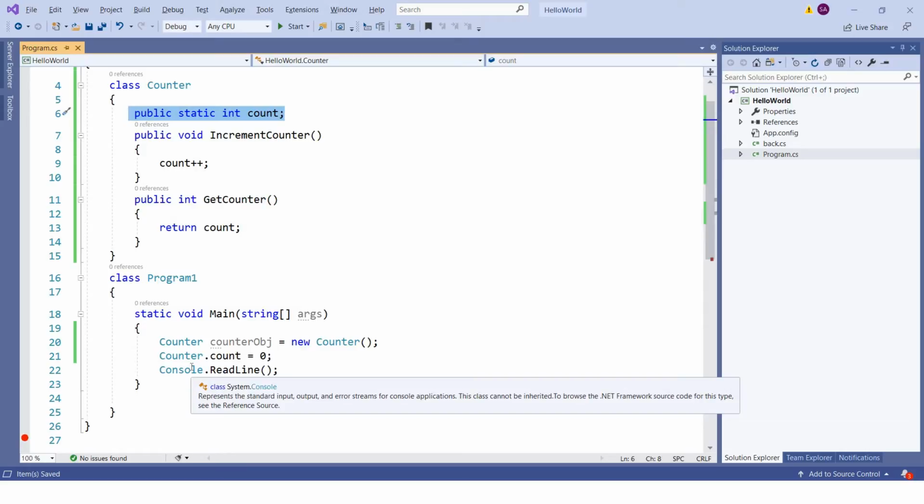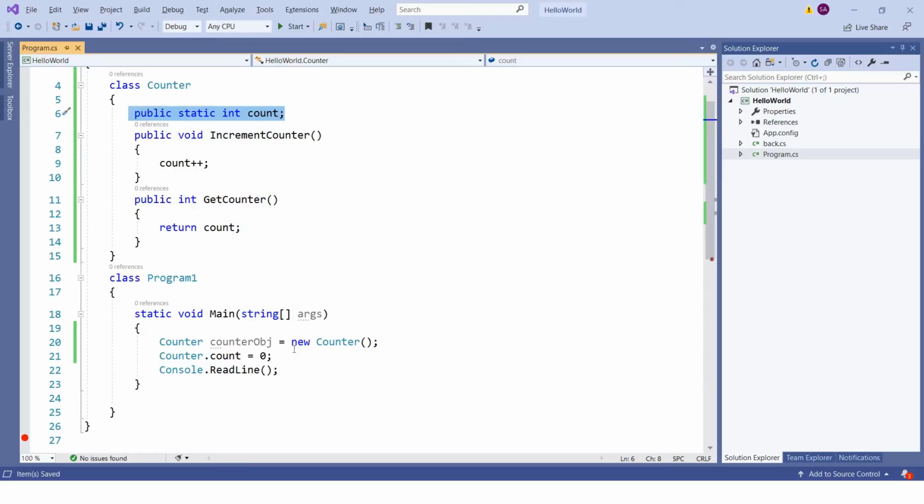So two things: to access a static variable you need not require any object or instantiation, and static variables always get allocated in the heap area of memory. Now let's finish this program.